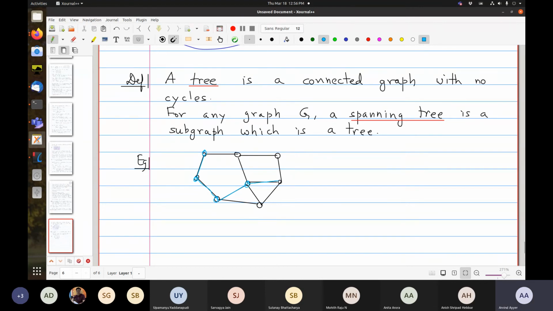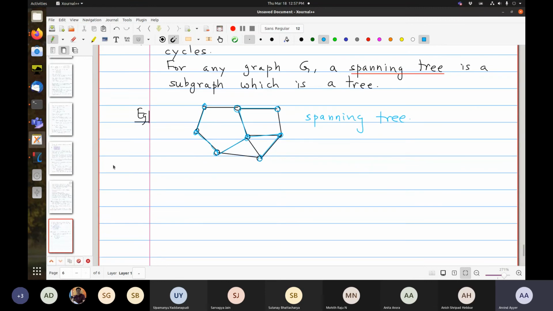Okay. Let's do something like that. Maybe I didn't choose a very good color, but this is not an edge. So this goes like so, like that, and like this. So this is the spanning tree. Oh boy, I took way too much time to explain the thing. But I should be able to finish this proof. Then I'll stop.